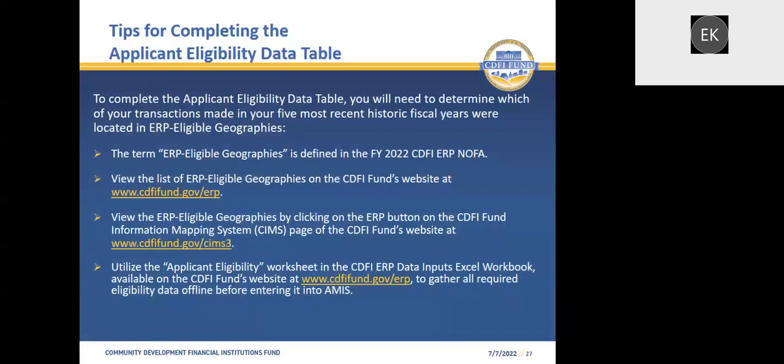View the list of ERP eligible geographies on the CDFI Fund's website at www.cdfifund.gov/ERP. View the ERP eligible geographies by clicking on the ERP button on the CDFI Fund Information Mapping System, or CIMS, page of the CDFI Fund's website at